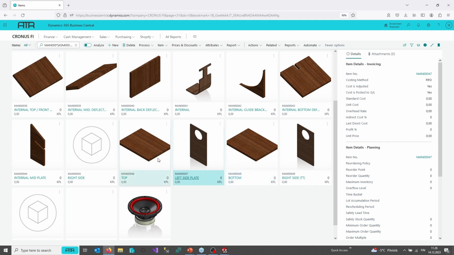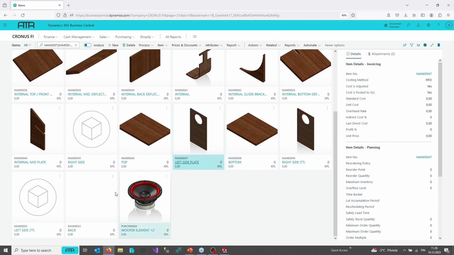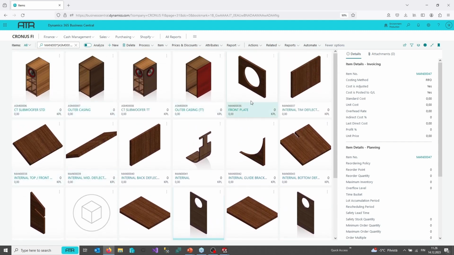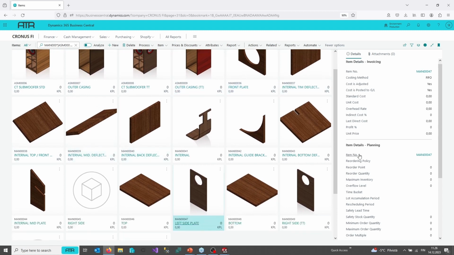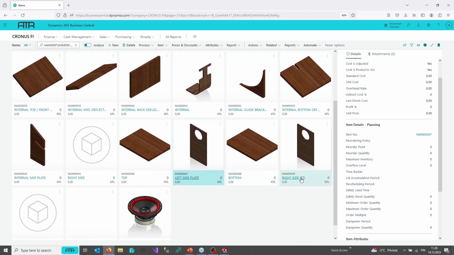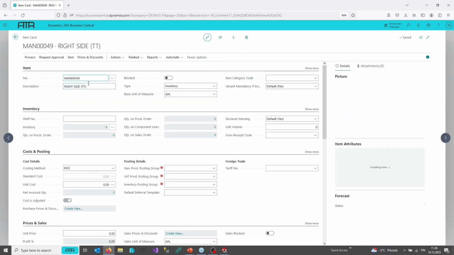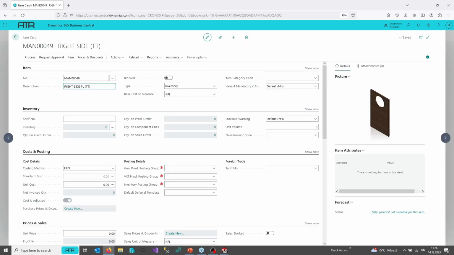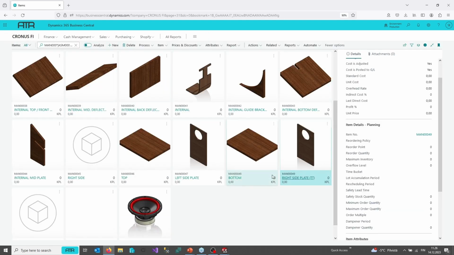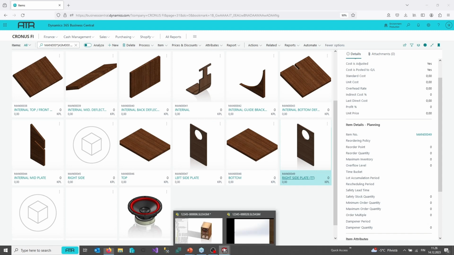And do we have right side plate somewhere? No, we're gonna do it for this one. Right side plate. Like that. So now I have modified descriptions of these items, and as I said, I have the description